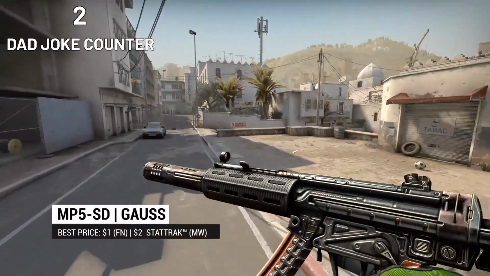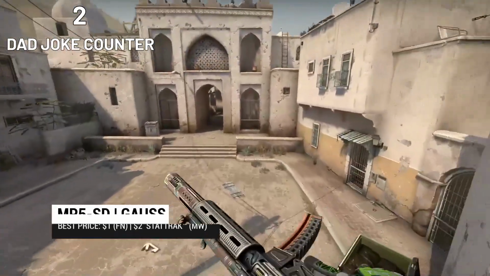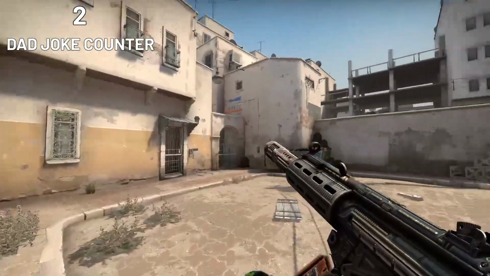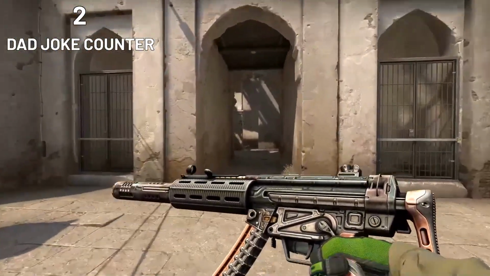Cheap and incredibly detailed thanks to its unique gunsmith finish, the Gauss is one of the few skins where our panel was actually almost in unanimous agreement. For a mere $4 for a StatTrak Factory New, the Gauss is a worthy addition for any collection that loves